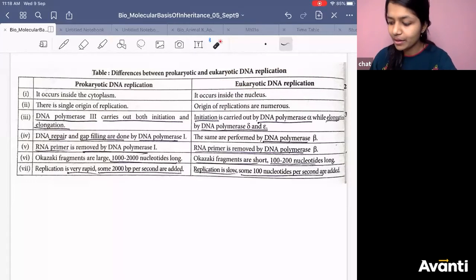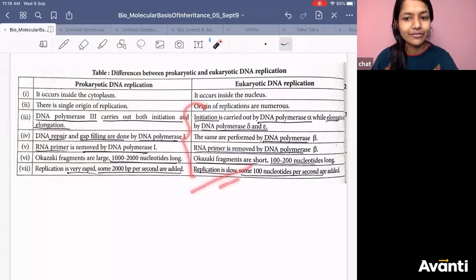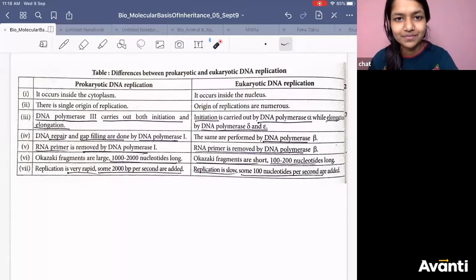If you want to remember, everything is given: what alpha helps in, what beta helps in, what delta helps in. Okay? If you want to remember, the difference is given here. My suggestion is there is no requirement of it. But curiosity, you know, curiosity kills people. So if there is anyone who is very curious to know, you are welcome to study this. Otherwise, there is no need of it. Okay?